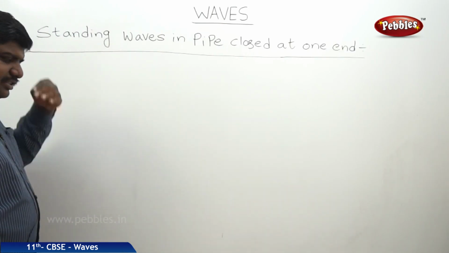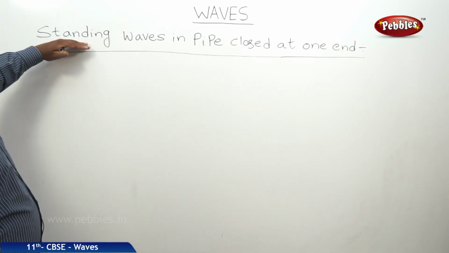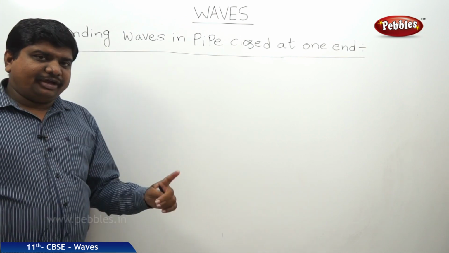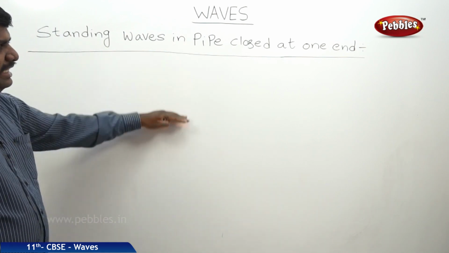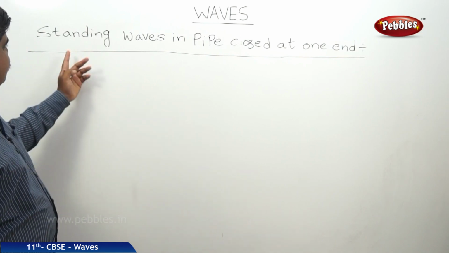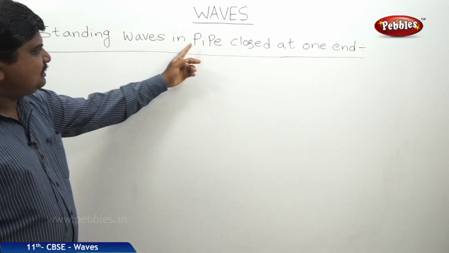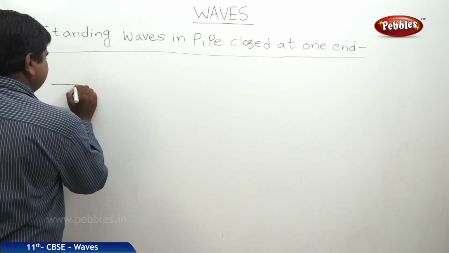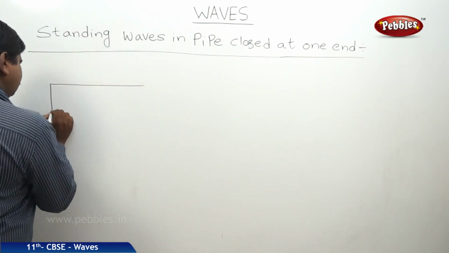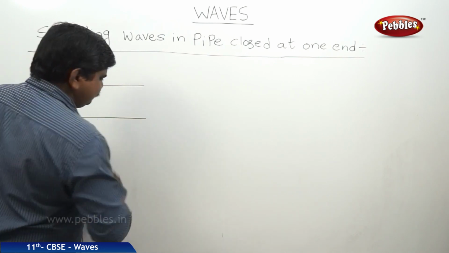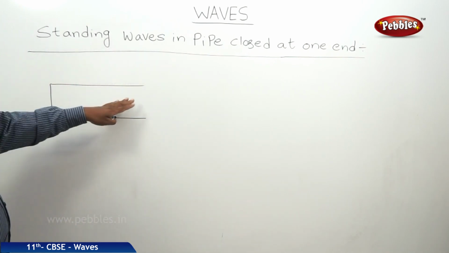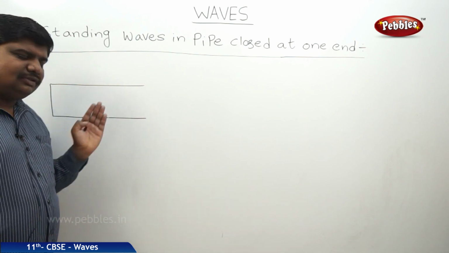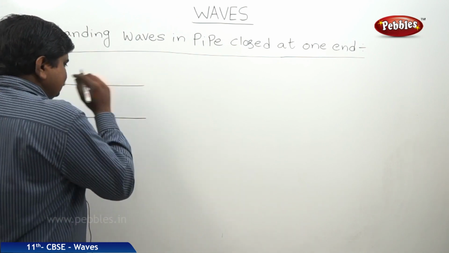So this is the continuation of the previous concept. We are discussing standing waves in air columns. Those are of two types, one is longitudinal, one is transverse. And this information is about the longitudinal waves. So this title is standing waves in pipe closed at one end. Means there is a pipe closed at one end. An organ pipe consists of a metal tube inside, because metals are the best way to transfer the sound waves in solids.